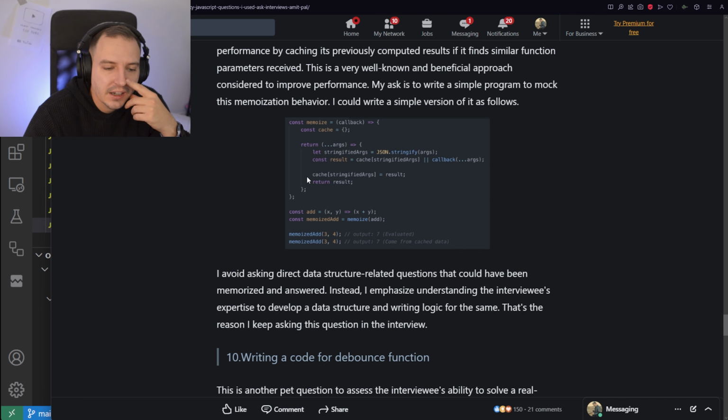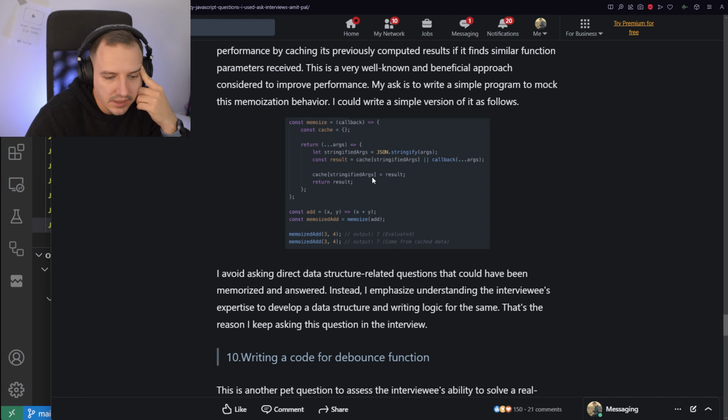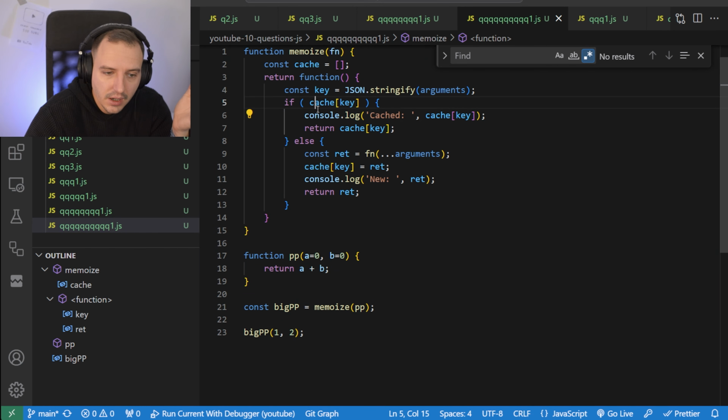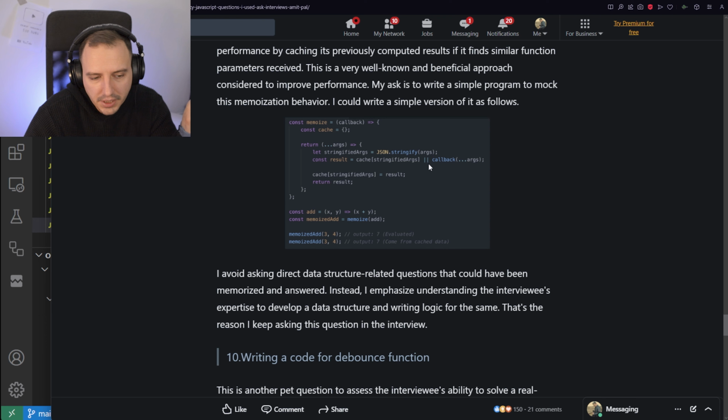Yes, I get it. This is shorter. But every single time he sets the cache value to the result, and I think you can avoid that. This may look longer, but I check if the cache is set, and I only set it if needed. But again, it's just a minor thing. It doesn't matter.